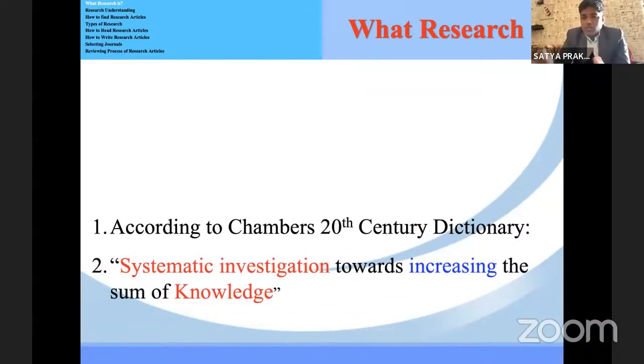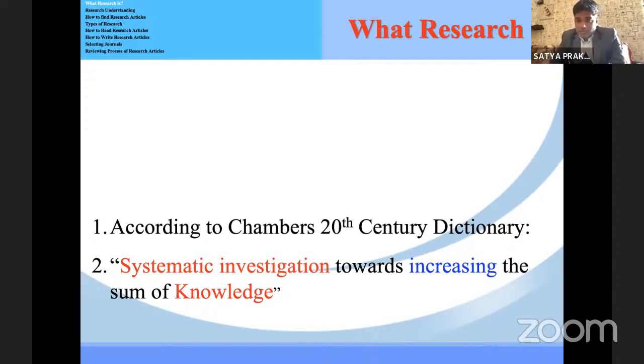So I would like to come to the thought of a person, Chambers, from the 20th century. According to them, what is research? Research is a systematic investigation to increase knowledge.